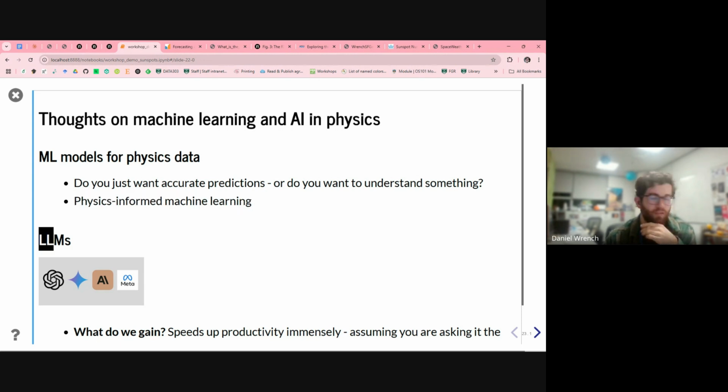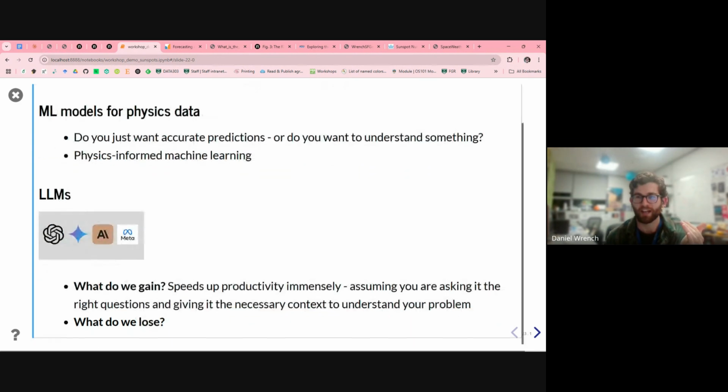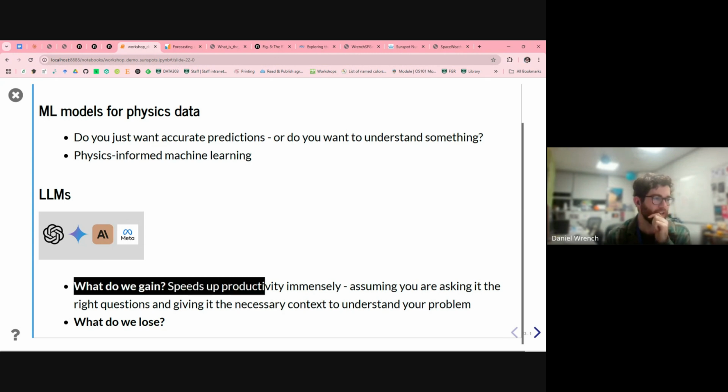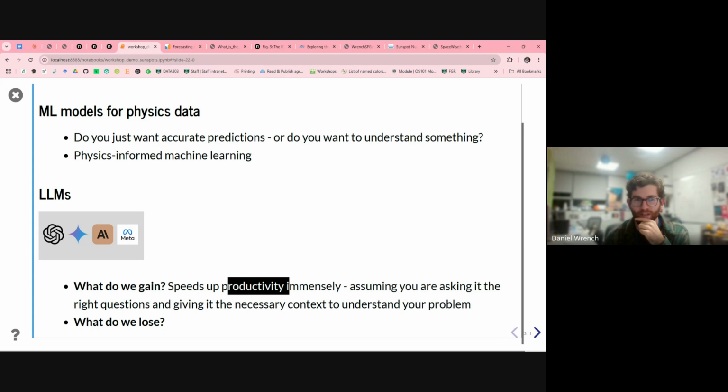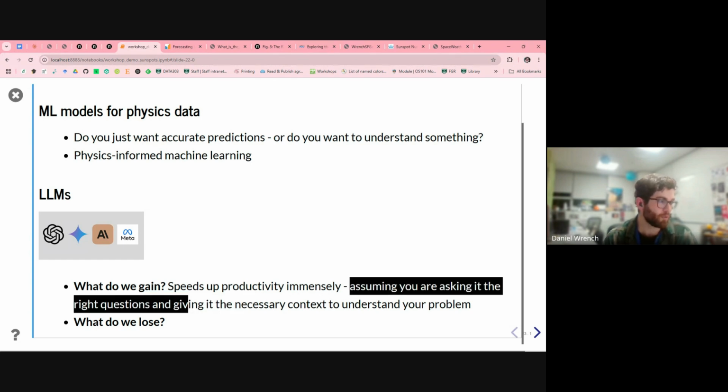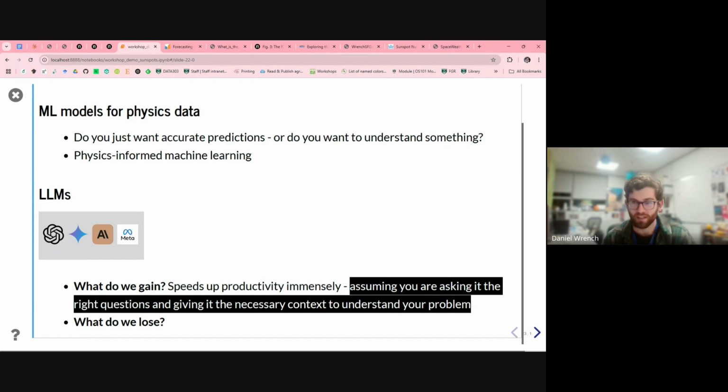And then, of course, there's the other use of machine learning, which is just asking LLMs about code and about concepts. Again, separate from the topic of this workshop, but something that I have strong opinions on, so I thought I'd mention it. Huge gains of productivity that I myself have experienced. Just if you want to code something up quickly, but you can't be bothered looking at documentation, it's just a godsend in terms of pulling up some fancy plot quickly if you don't want to scroll through Stack Overflow, assuming you're asking it the right questions and give it the necessary context, obviously not trusting it blindly and all of that.